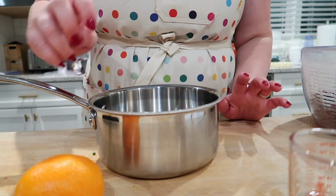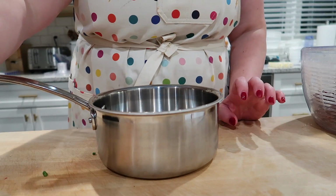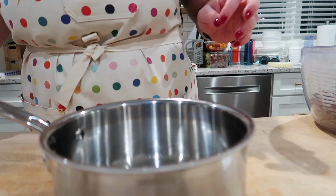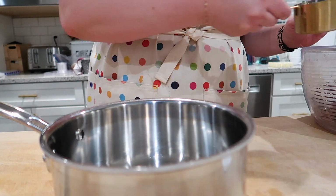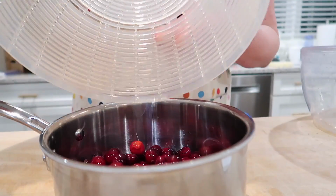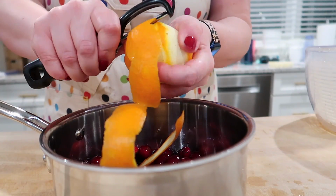All right, so another thing we can make tonight is the cranberry sauce, because that can just sit in the fridge overnight and chill. So I'm gonna take half a cup of cranberries and set that aside. But in this salad spinner, I've got 12 ounces of cranberries. I'm gonna add the zest of an